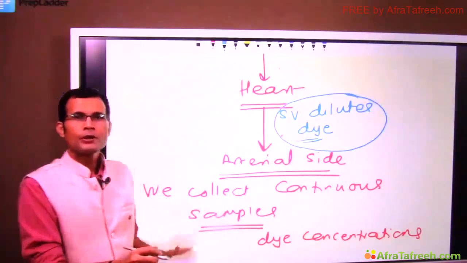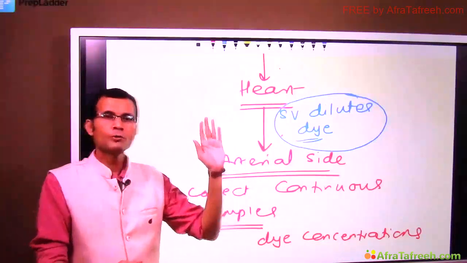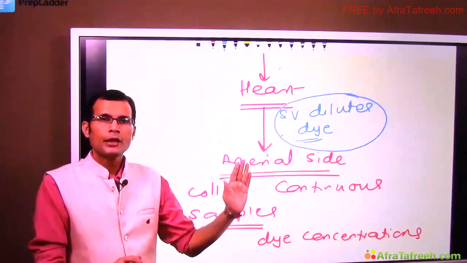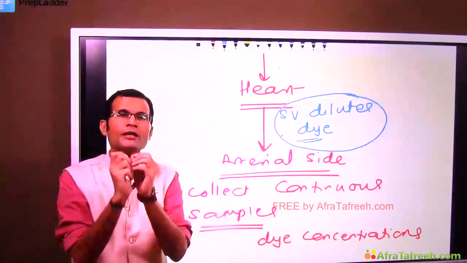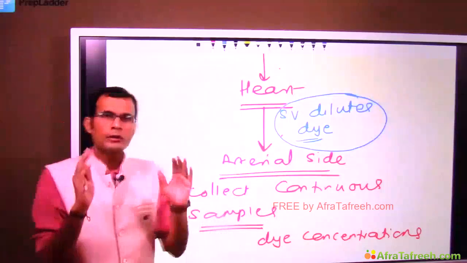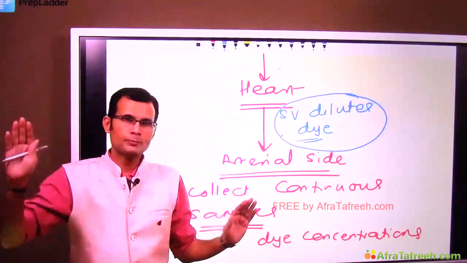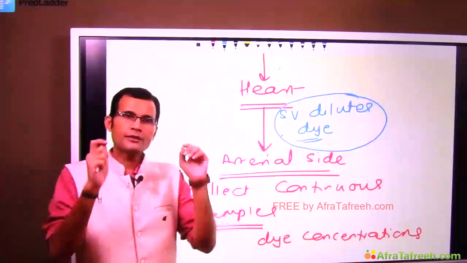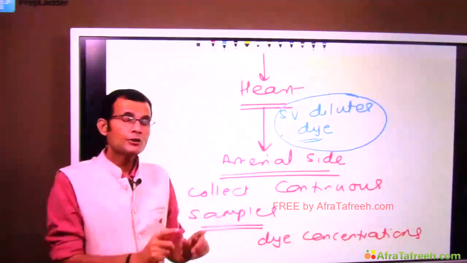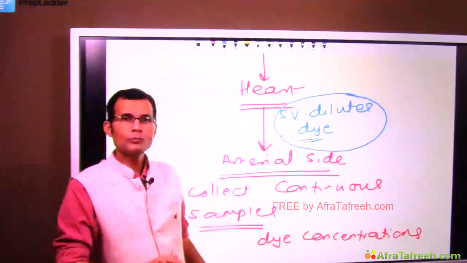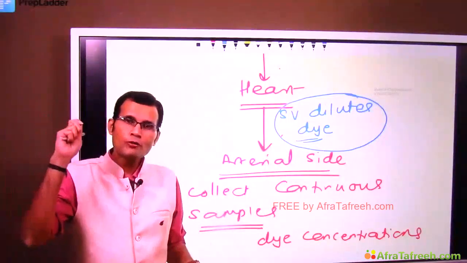Look, imagine a person with stroke volume of 70 ml, and imagine another person with a stroke volume of 100 ml. I am just trying to explain this method to you, okay? If you inject the same initial volume of dye in both these people, the dye is going to be diluted by the stroke volume. So, the person with a stroke volume of 100 ml,